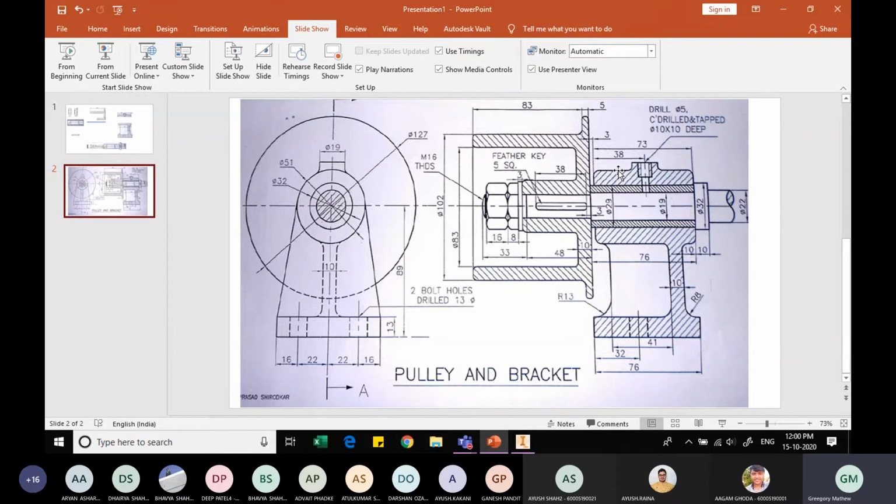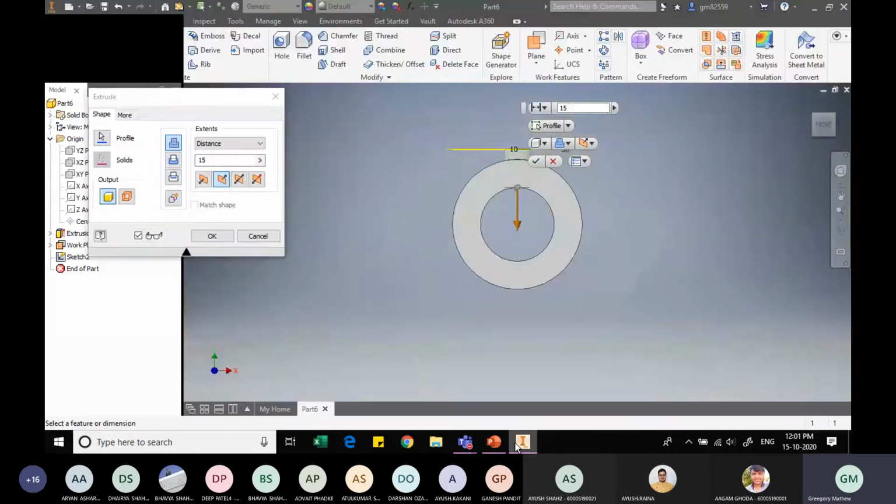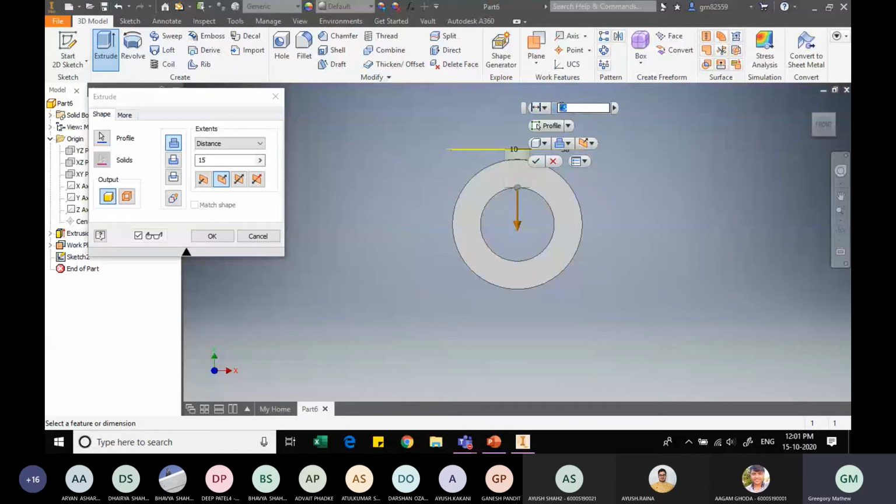Sorry, this is 25.5 and this is 14.5, 11.5, which means this height over here between this space and this space will be 3.5. So if I am giving that extruded to a distance of 3.5, what will happen?